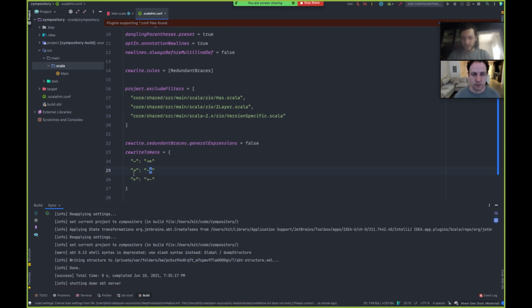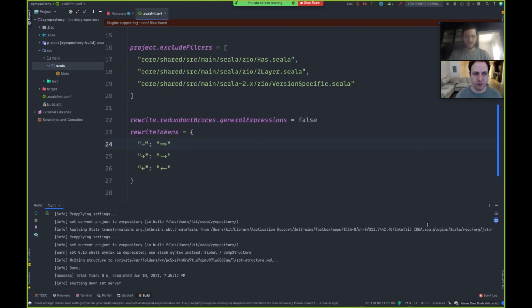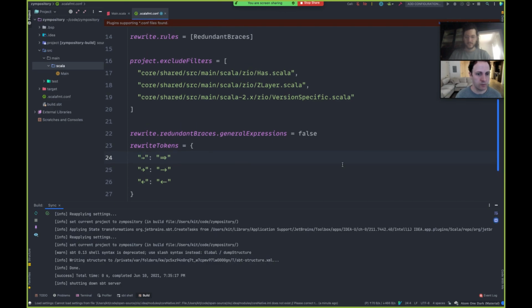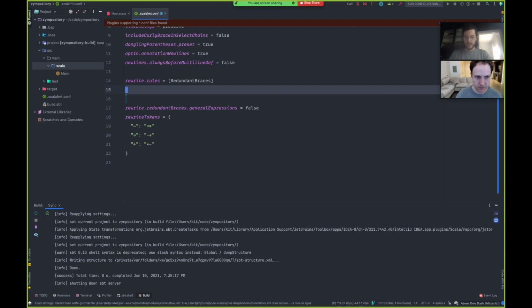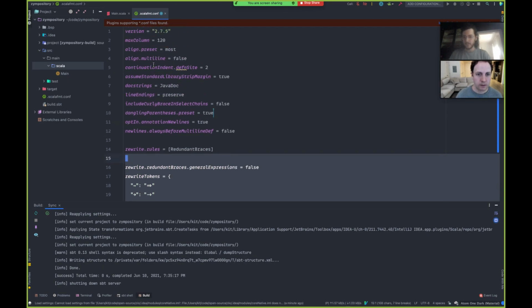Oh, and it even rewrites certain tokens, to prevent people from using Unicode. There's something at the very end you want to get rid of, I think. Yeah, we can get rid of those exclude filters. That seems ZIO specific. Okay, I think this looks good.